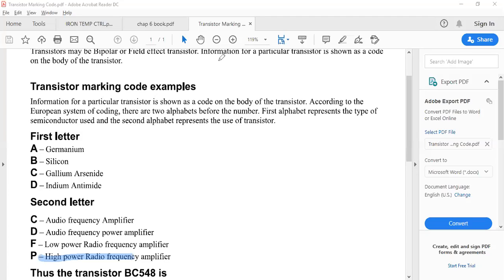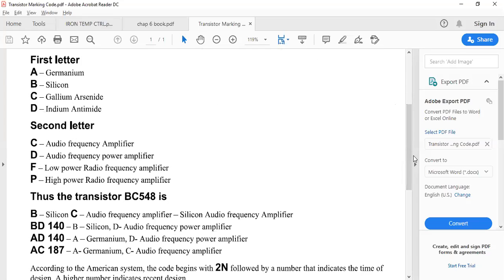So BC547 as per our example, or BC548. B stands for silicon transistor, and C is for audio frequency applications. So BC548 is an audio frequency application transistor.